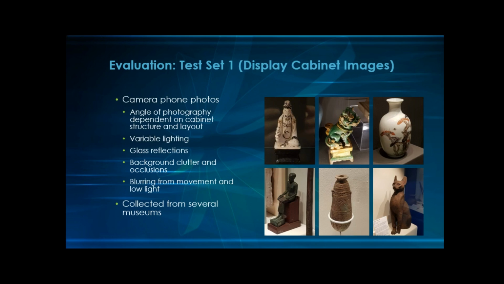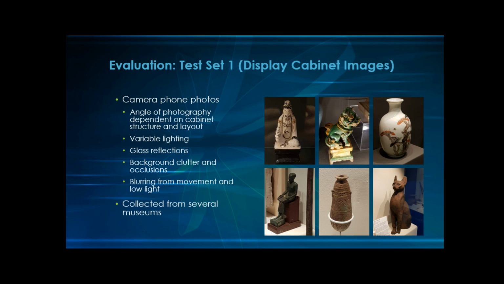So even though I've had the validation and training set get to the point where it thinks that it can absolutely tell me anything I put into it is going to be correctly classified, what about when I try to come up with ways of finding a real-world application? First test set that I put together was just display cabinet images. And this is still from the Oriental Museum. So it was taking the photographs of these objects that it had been trained on, and the photos themselves that it had been trained on were from